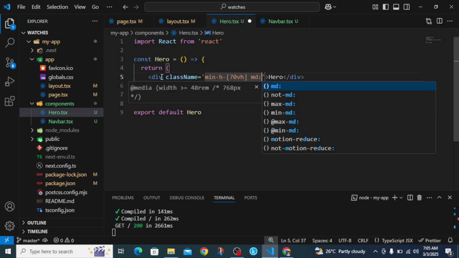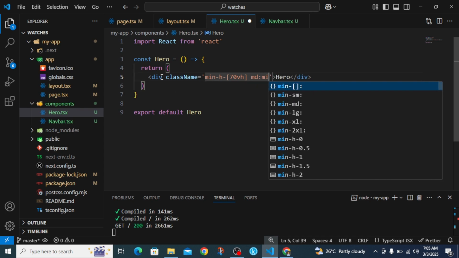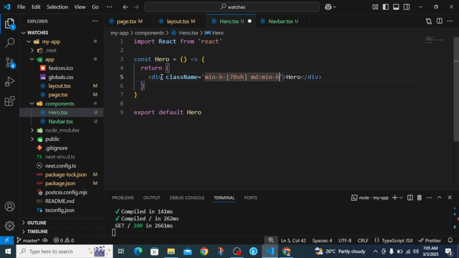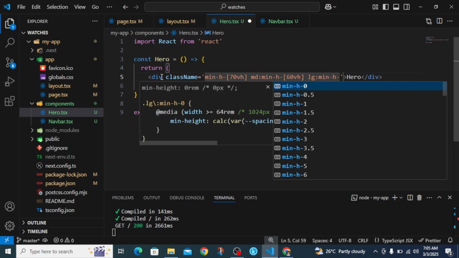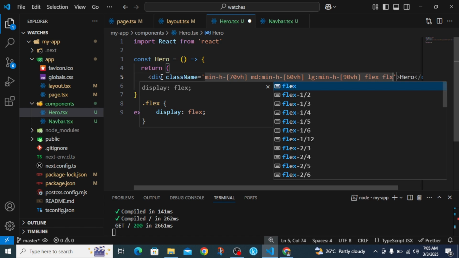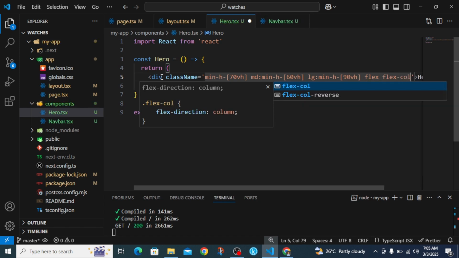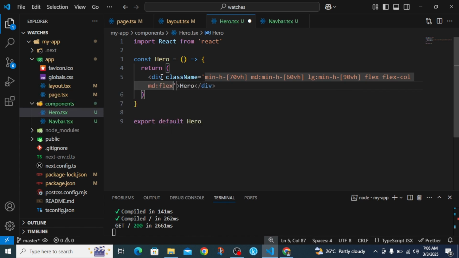And for medium screen sizes and above, it should have a minimum height of 60 view height. And then for larger screen sizes, you have a minimum height of 90 view height, just like this. And then we're going to make it flex, give it a flex of column, flex-col. And for medium screen, we're going to make it row, flex-row,